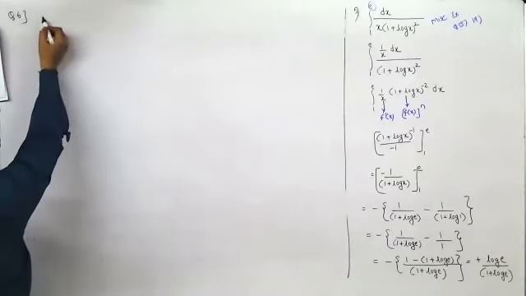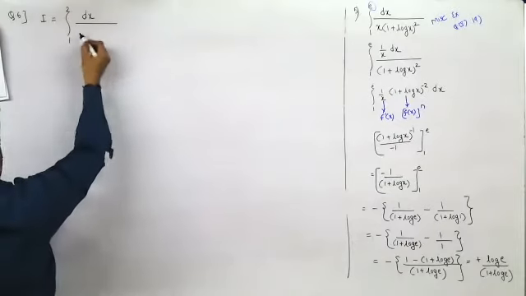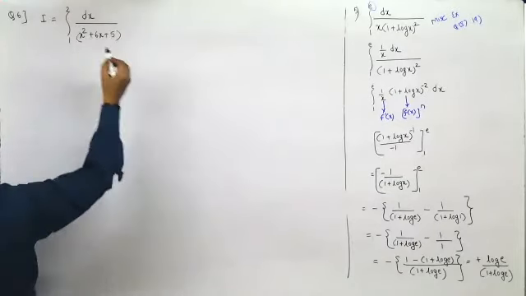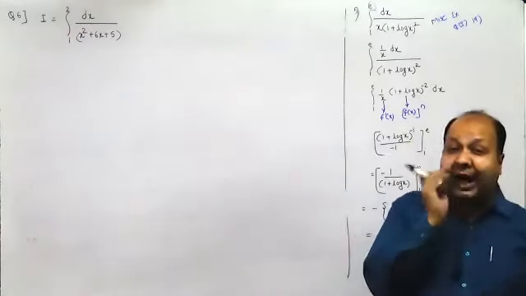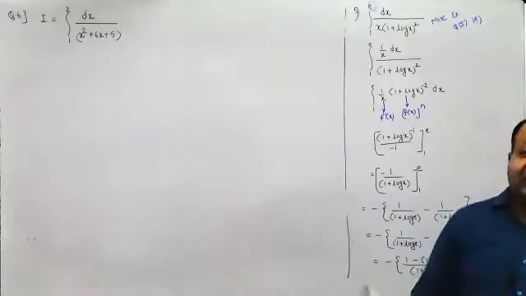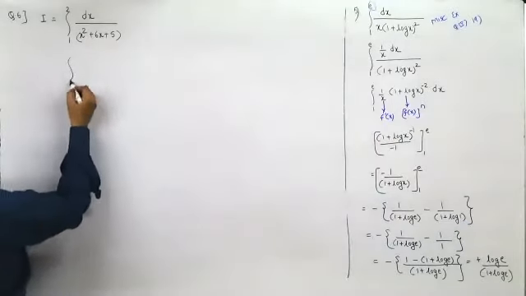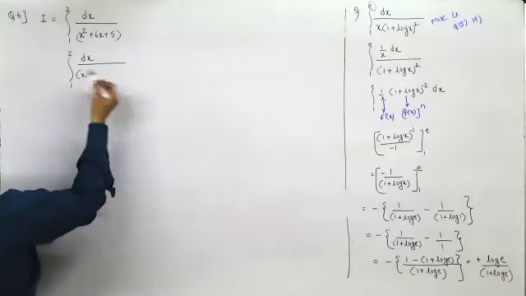Question 6, integral from 1 to 2 of dx upon x square plus 6x plus 5. Now, this is quadratic with an x term, so we'll use the last term method. That is one method to do it. But I would prefer using partial fractions when you can factorize it. Here, if you observe, you can write this as x plus 5 and x plus 1. I'm not going to do it by the normal factorization method where I use A and B and then find the values of A and B.